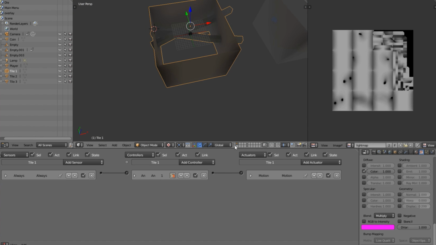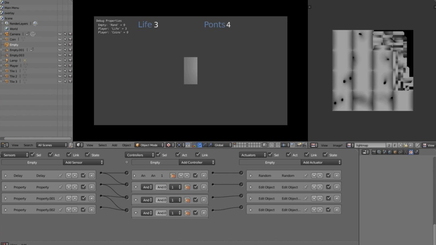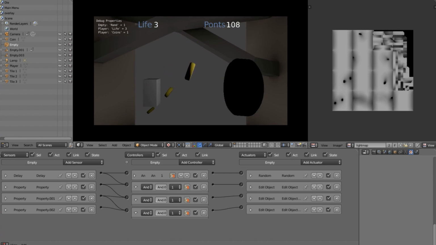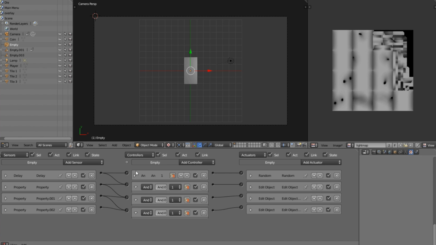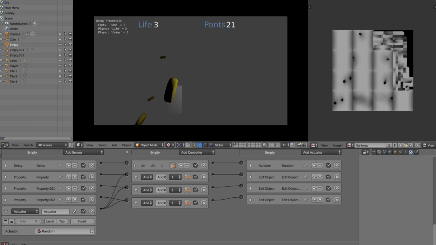Alright, so I have a theory why this is not working. What we want to go ahead and do is we can't have these in OR. That was a mistake. Now we should have everything working fine. Alright, so the way we can fix this up is we can go ahead and add an actuator and connect this up to all of them. And what this actuator sensor is going to do is, if random is positive, then it's going to update all of these. So now